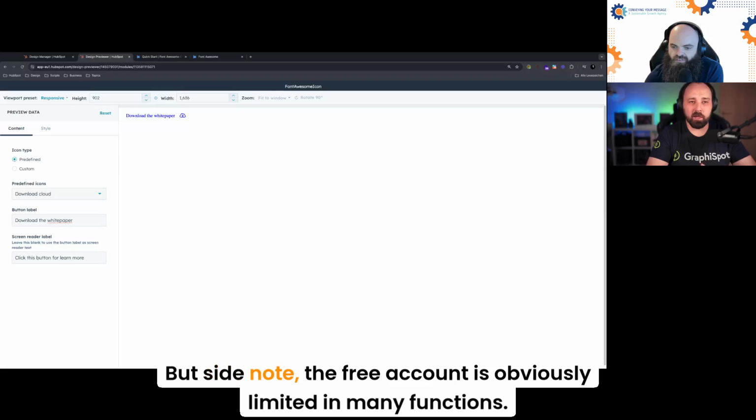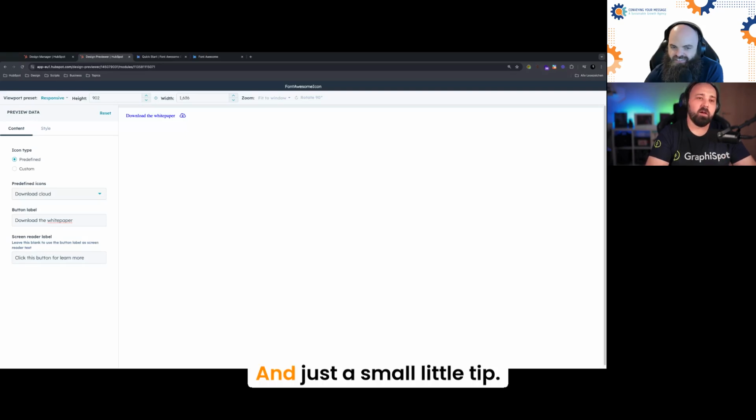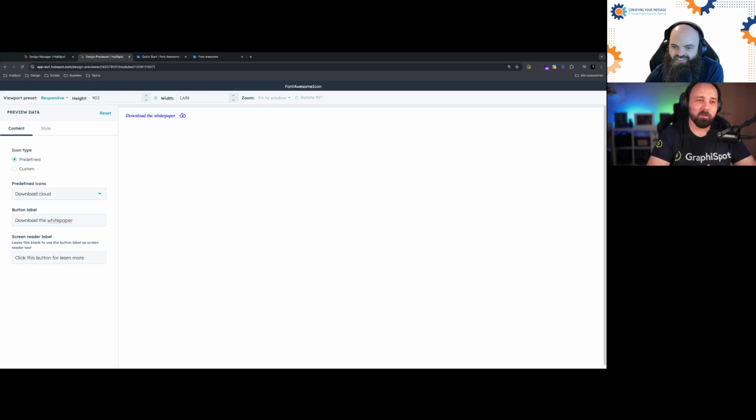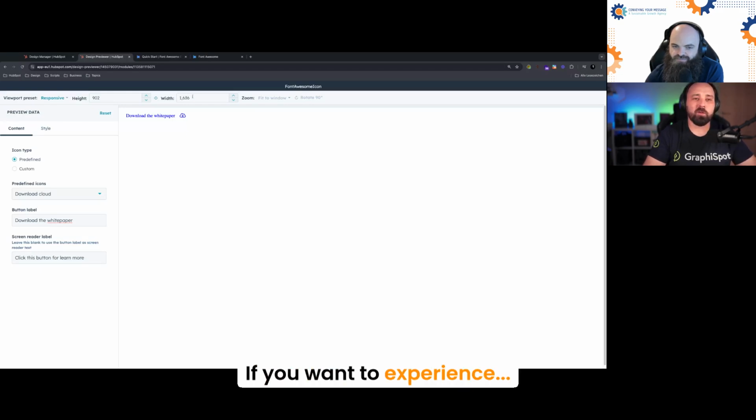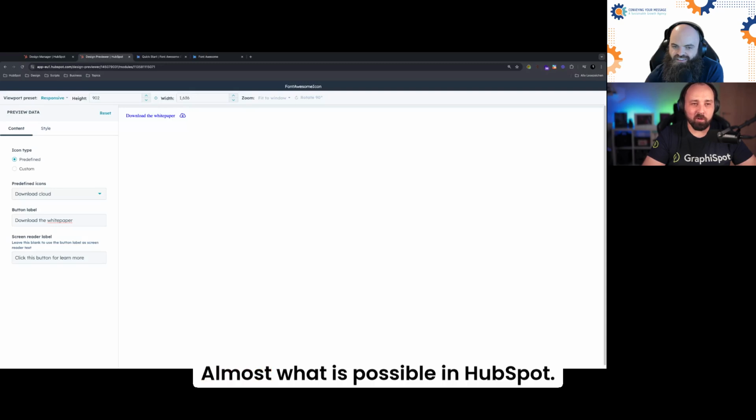But side note, the free account is obviously limited in many functions. And just a small little tip, if you want to experience almost everything that is possible in HubSpot,